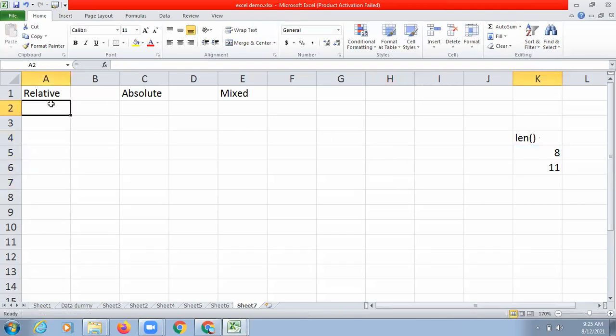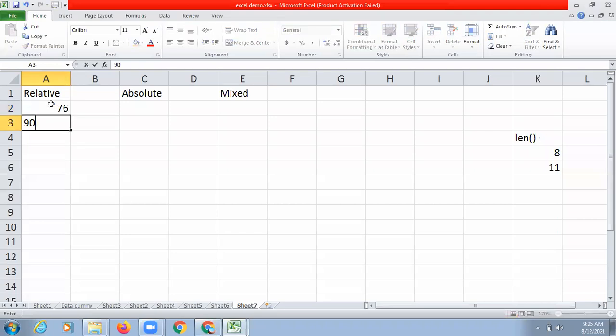Next, let's understand what is relative, absolute, and mixed referencing. Okay, so first is relative. इसमें होता क्या है, रेफरेंसिंग का क्या मतलब होता है? Like if you will copy something, copy not everything, but if you will copy a formula from one cell and paste it to another cell, then how that formula will behave is totally dependent upon referencing.